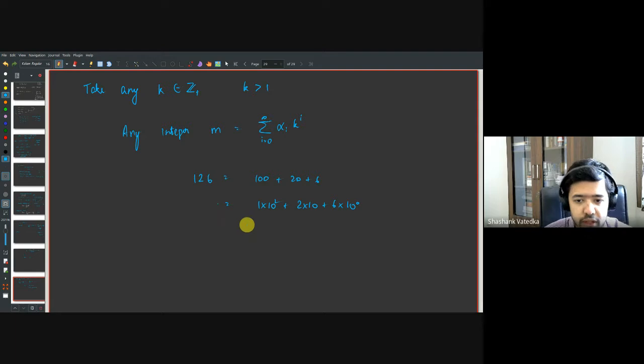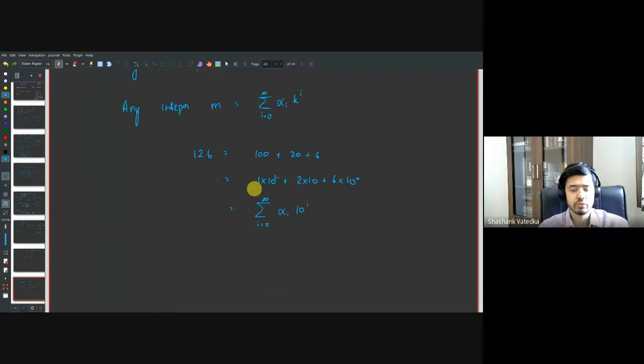Basic stuff, not doing anything fancy. So you can write any integer as summation i equal to 0 to infinity, some alpha_i 10 to the i. Correct. And this is true for any base system. So here I'm writing it in terms of base 10, but then you can also write the same in base